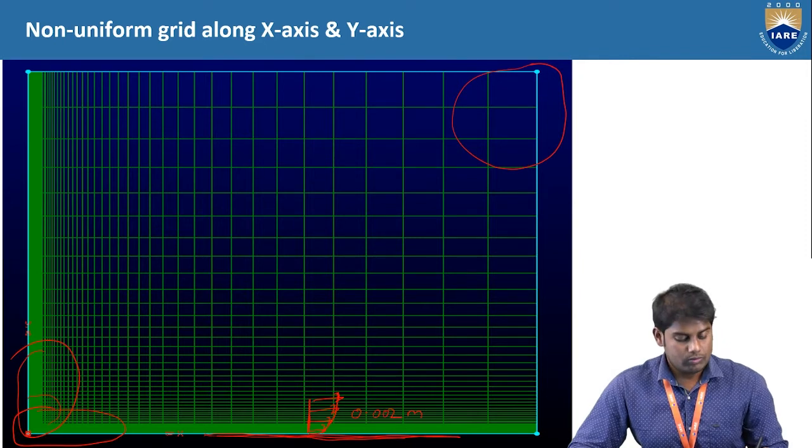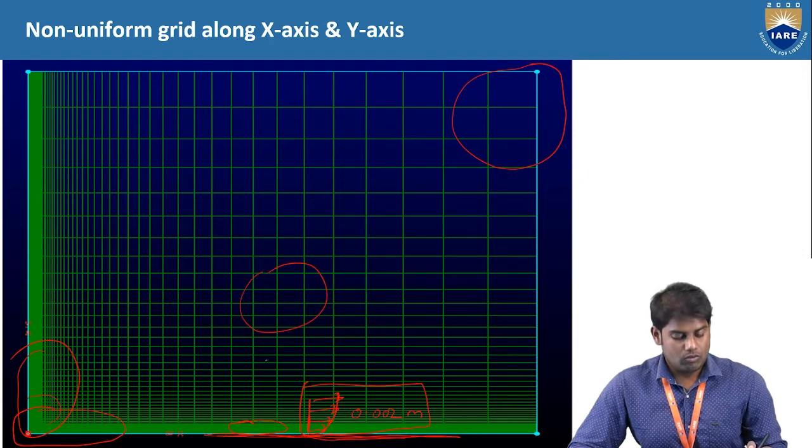If you want to capture this boundary layer present near the plate, you need to have this type of mesh or grid. Basically this is called fine, and this is called coarse.